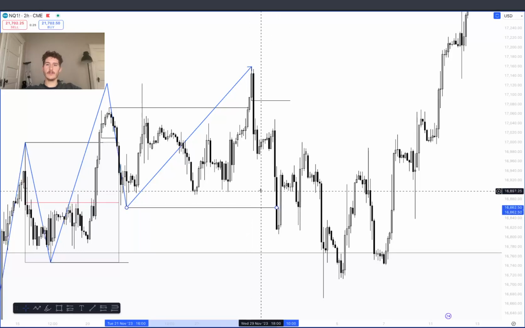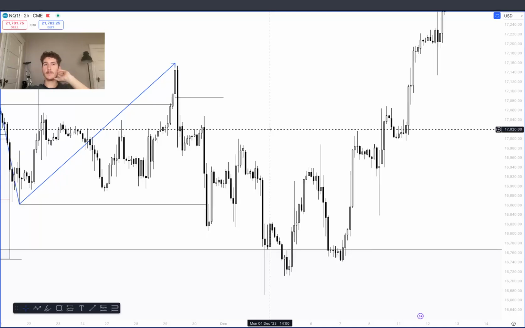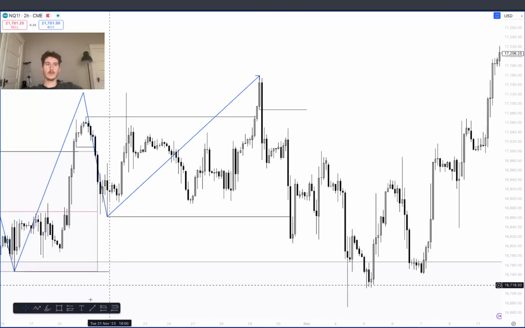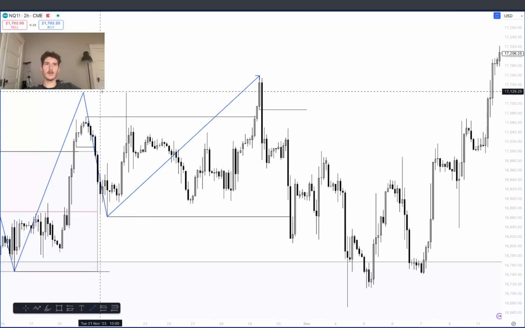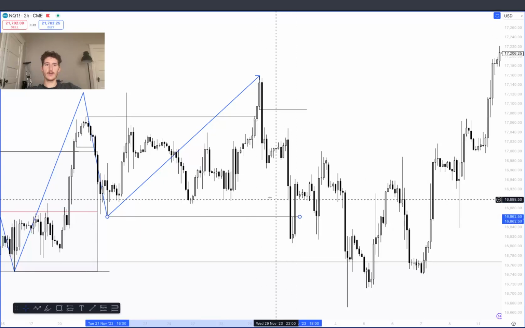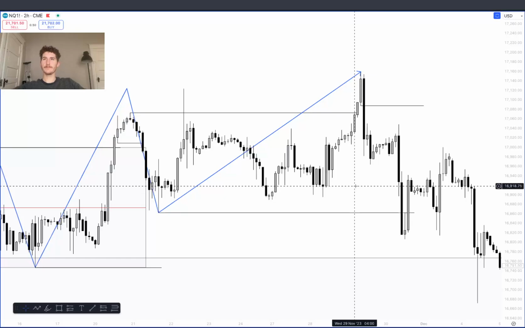So now let's talk about flips. This is an example of a flip. We're actually going to get to see two examples of flips: flip up or flip down and then flip back up. So for the flip down is when we close below our protected low. So when you close below a protected low,